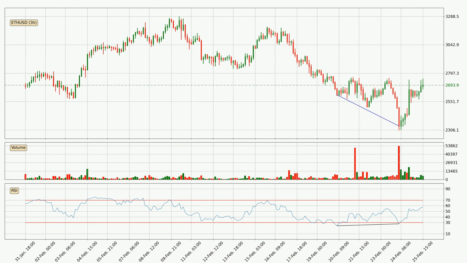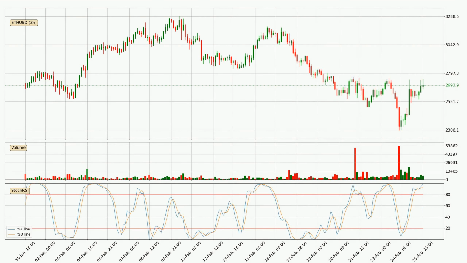Looking for divergence in the 3-hourly time frame, there was a bullish divergence and the price already went up. Looking at the 3-hourly stochastic RSI, both the %K and %D lines are in the higher region, which means that the price is getting overbought and soon a trend change or at least some kind of consolidation could be expected. However, the K line still hasn't crossed the D line, so you should wait to see if the trend will